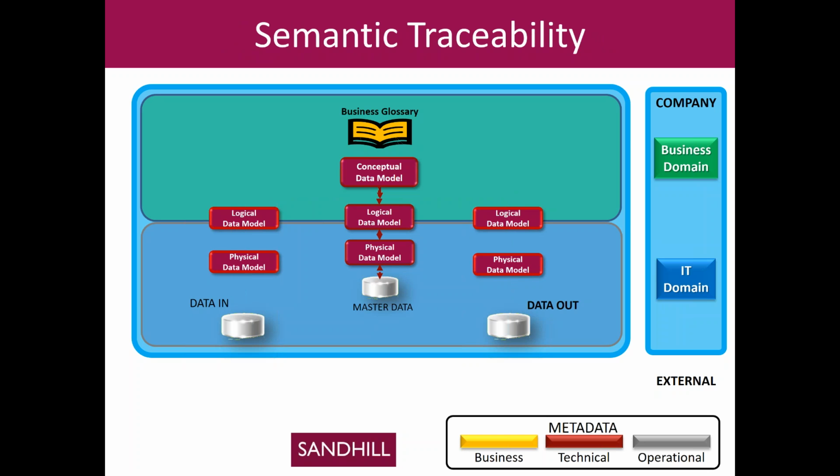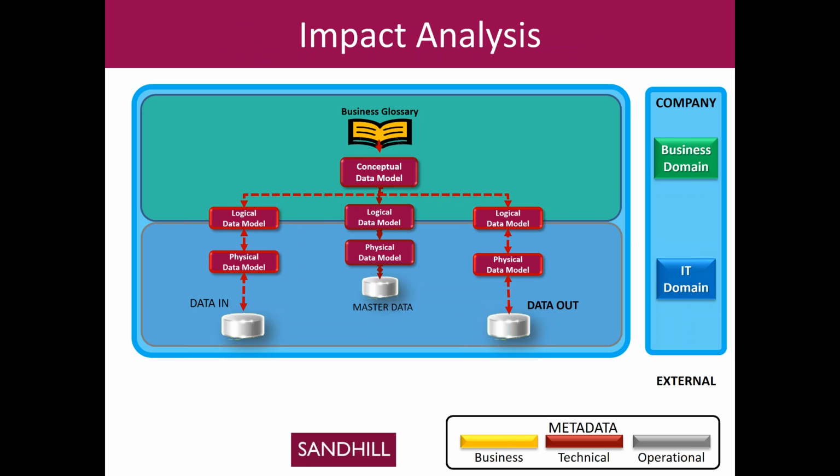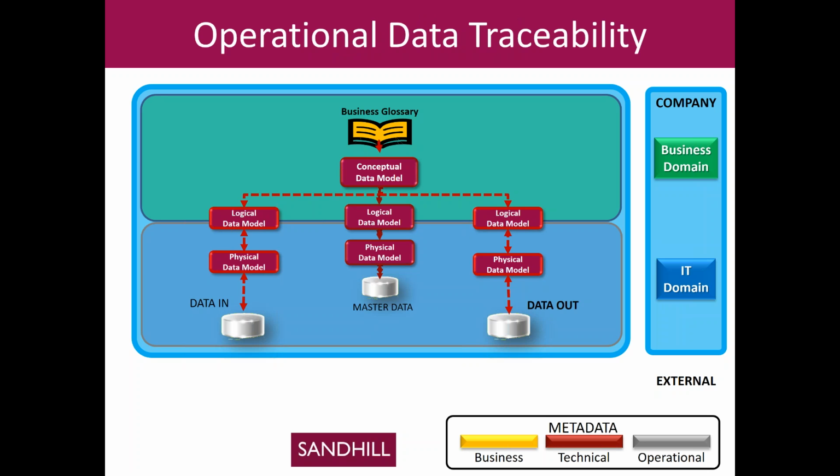The second part of this we want to look at is to then provide traceability. So if we build this ecosystem, then at any level, whether it's technical, operation, or business, we can see where things come from in terms of meaning. But by the same token, we can do impact analysis to understand that if some change happens anywhere in this ecosystem, we can understand from an impact analysis perspective what things need to change and how big the scope is. And then the third element, of course, we want to add operational responsibility in terms of traceability, and that becomes the physical data movements from the data creation systems to the data consumption systems.